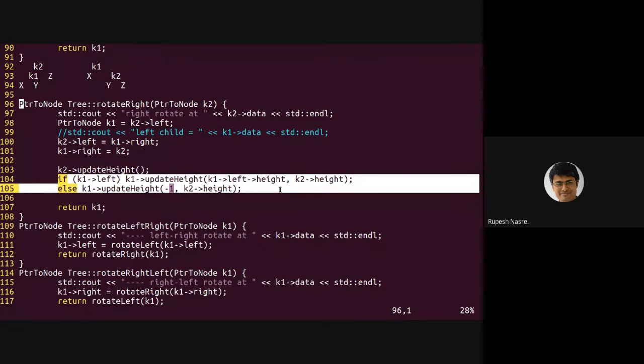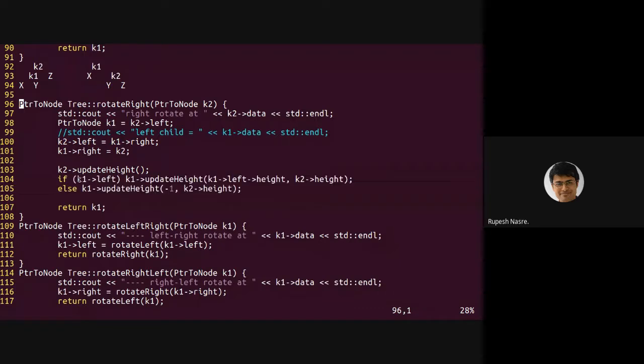So if K1 arrow left, which is X, is null, let's take the else part first. If it is null, then I am going to take the height of the right subtree, and the left subtree's height is going to be -1. And I take the max of the two, add 1 to it, and that becomes K1's height. Is this understood? So if X is null, I take that height as -1, that is our invariant.